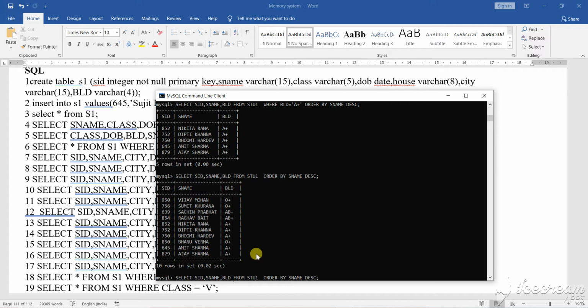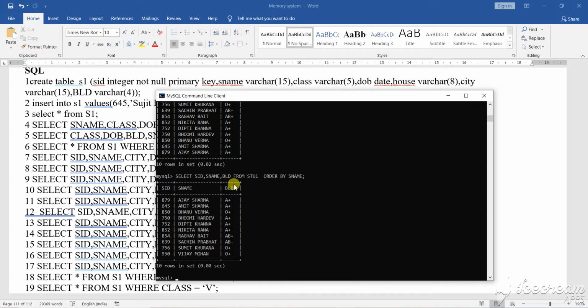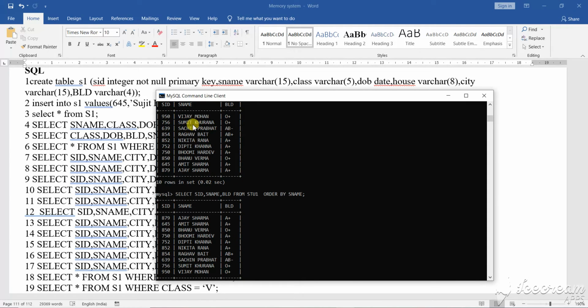Now this one, if you want to do in ascending order, suppose here I haven't written anything. If you didn't write anything, that means it will treat it in ascending order. So ascending order, just press it. The previous one, see the difference. The previous one started with V and ended with A. See here, A ended with V, isn't it?